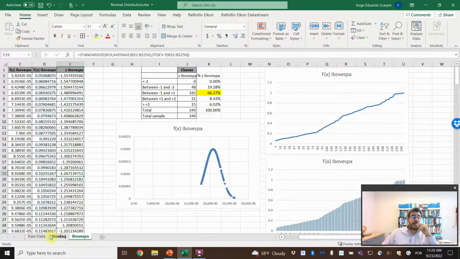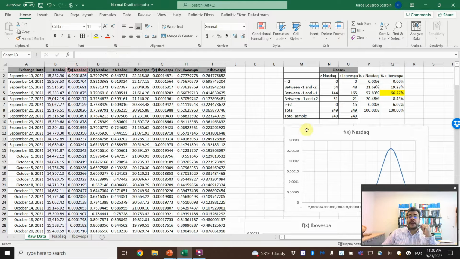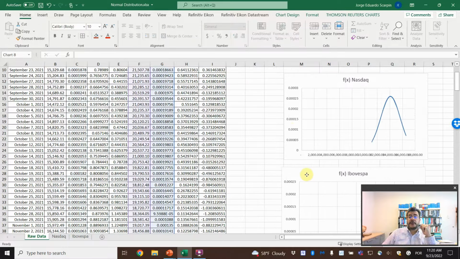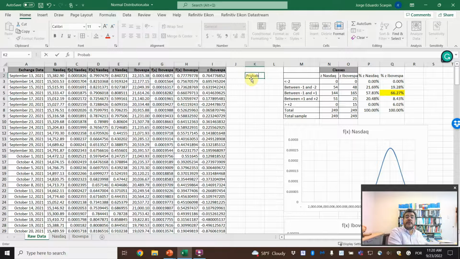So for instance, here on the raw data, probability between, so let's find a place here. Probability for NASDAQ to be